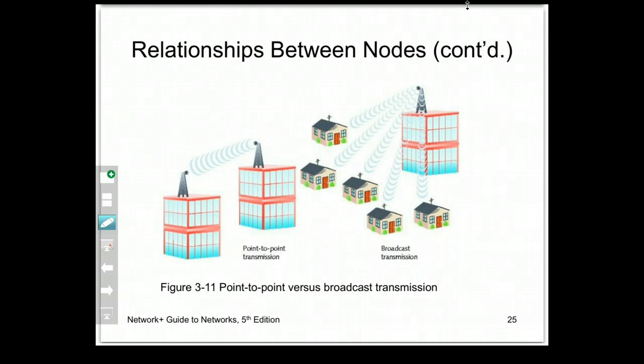Left one's point-to-point. We actually have some locations in downtown Rockford that still do this with their internet. They have Rockford Internet as an example. They still have some of this going on. What it is, these businesses will share, say, a T3 line, T2 line, T1 line, whatever. They share T3 line, T2 line, T1 line, but they can also share